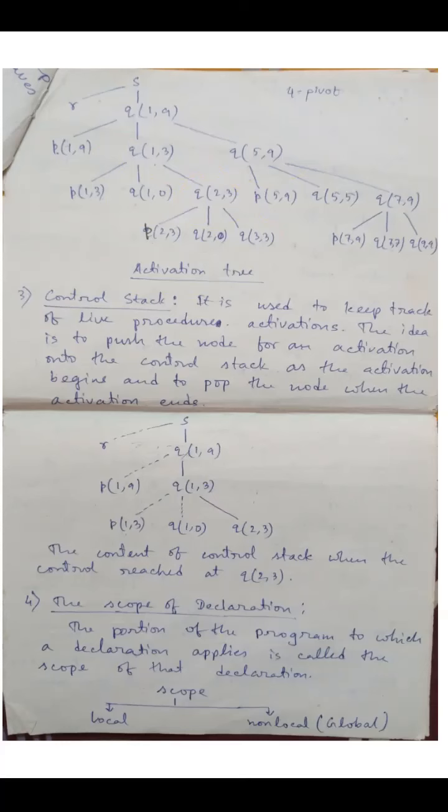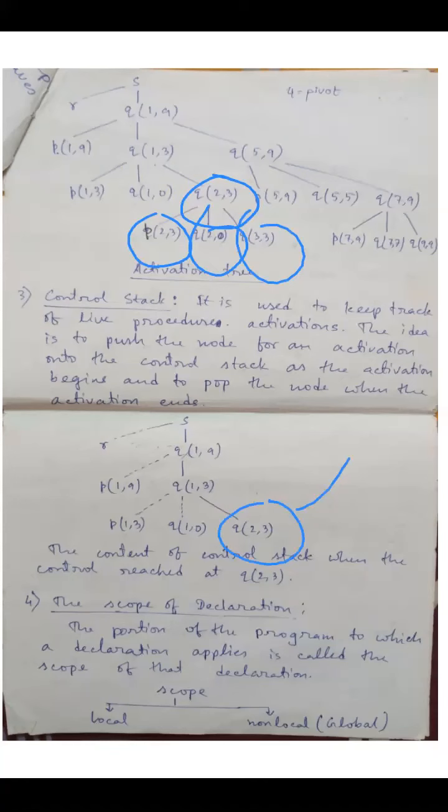When you are at this position, that means you have just called Q23. That is, now you are going to call P23. That is, now you are going to call the P for these, Q for these, Q for these. So I have shown here that you have just called this. You have not yet started the P and Q for this. You've just called it. Okay, thank you, sir.